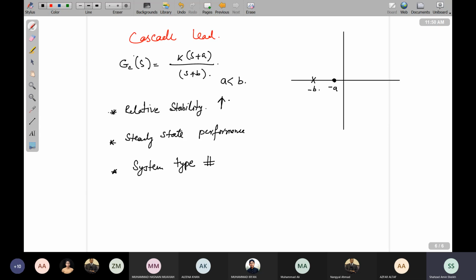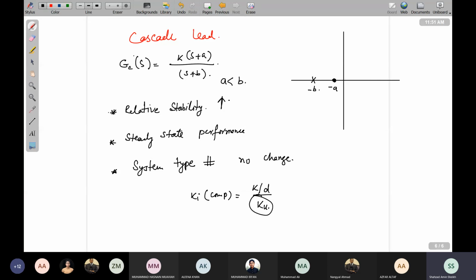So in this case system type number में कोई change नहीं है, so the performance is obtained on the basis of Ki compensated, we try to do it as K over D into Ku, where Ku is the gain of the uncompensated system जो आपका controller था, और K is the gain for this particular controller, cascade lead controller की हम बात कर रहे हैं।